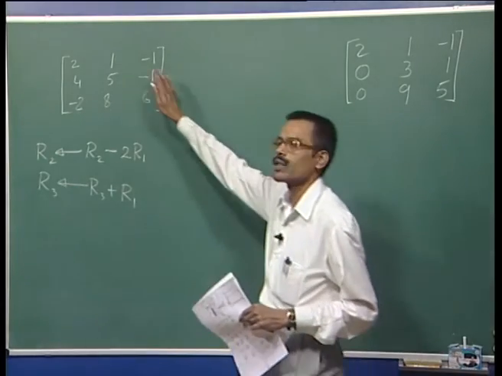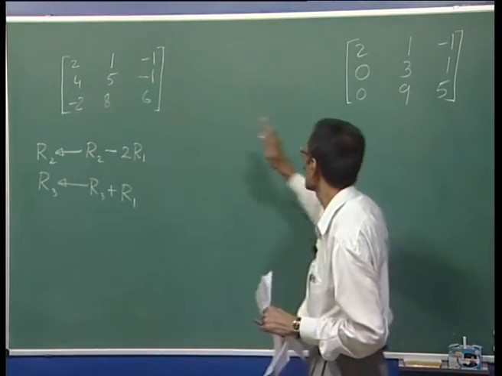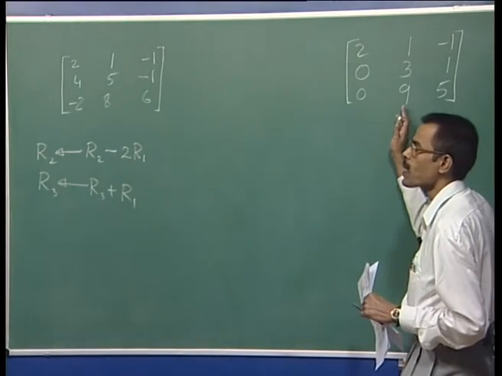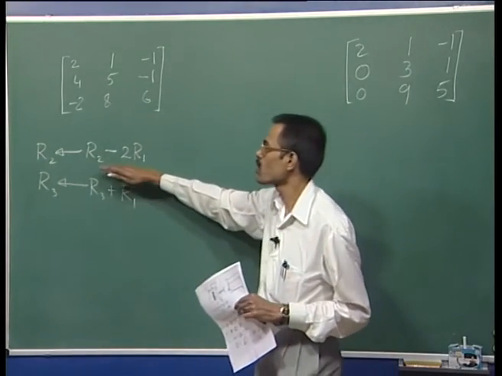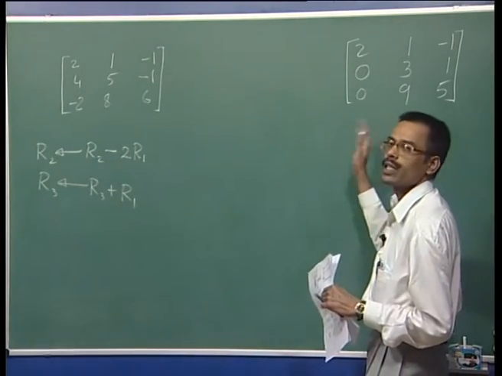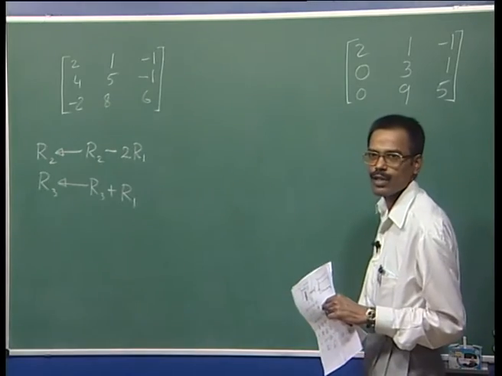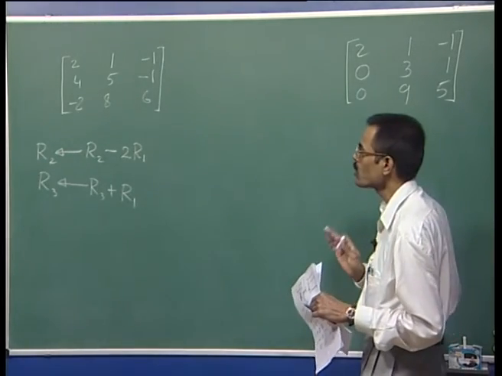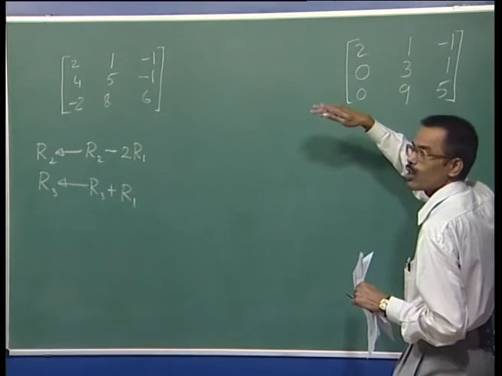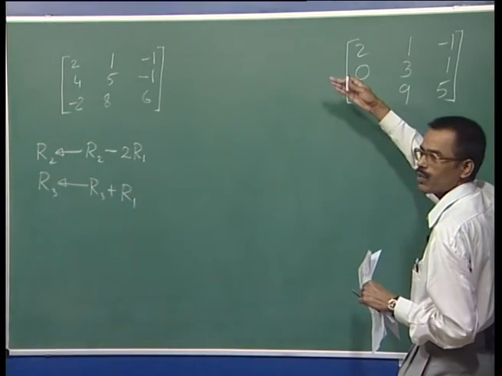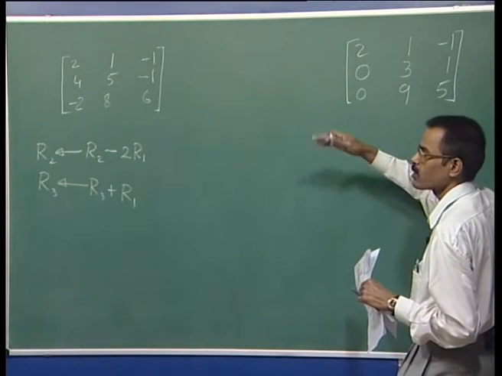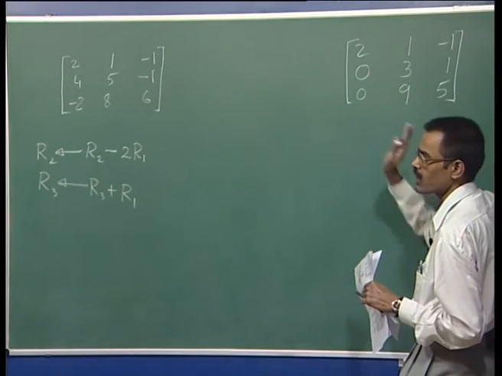We have lost this matrix. Suppose we have lost this matrix, but we have got this. And in our hand, we have the information regarding what elementary row transformations were conducted to get this. And now, we want to regain back the original matrix. To get that original matrix, what do we need to do? What we did earlier? From the second row, we subtracted twice the first row, and to the third row, we actually added the first row.